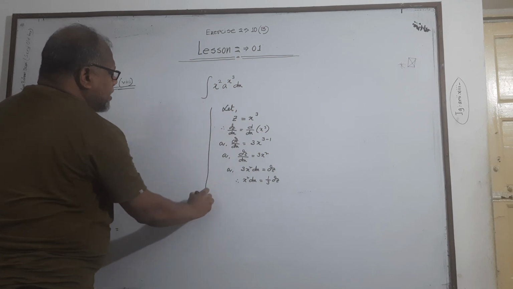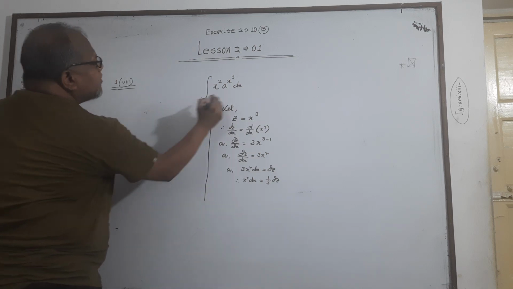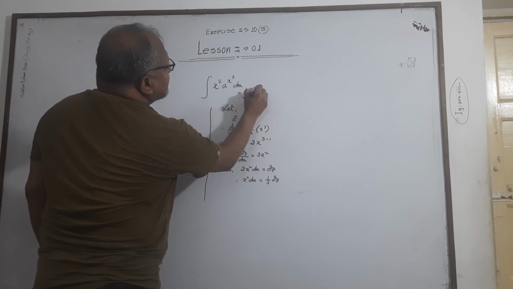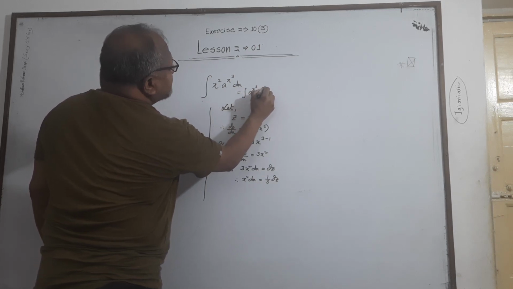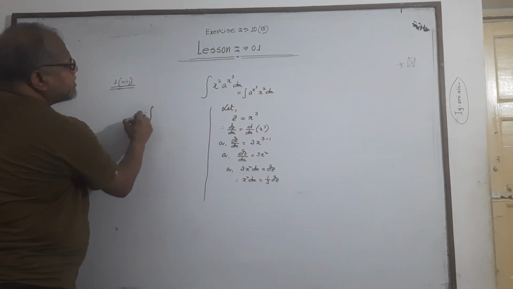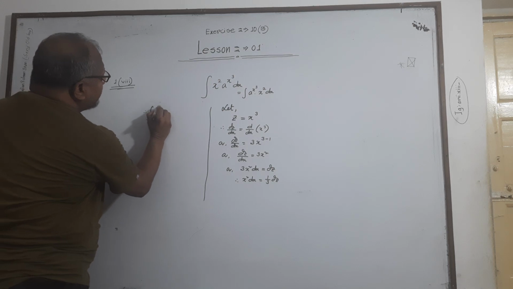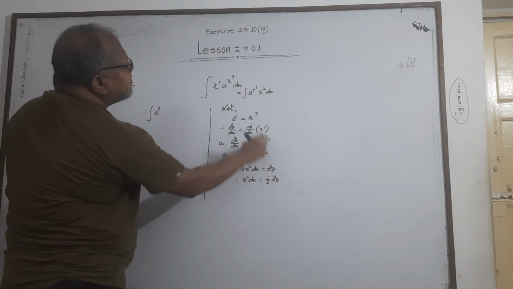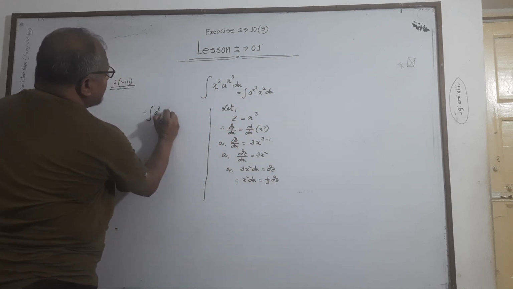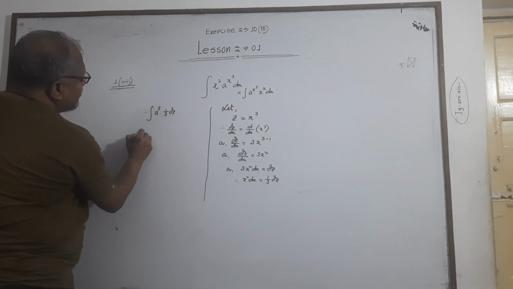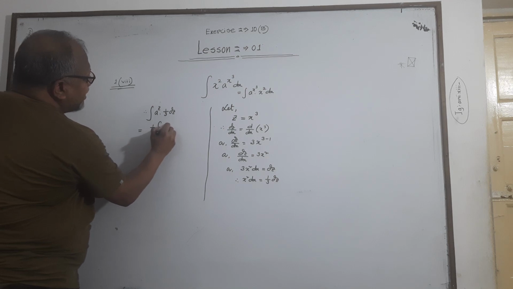So I can put it here like this: a to the power x cube into x square dx. So integration of a to the power z into x square dx, or 1 by 3 of dz. The constant 1 by 3 will come outside, integration of a to the power